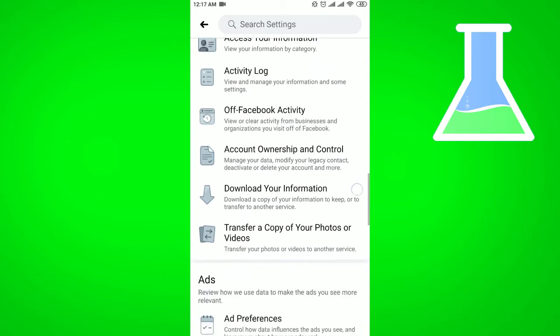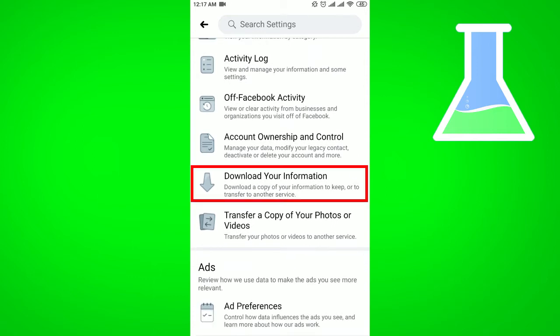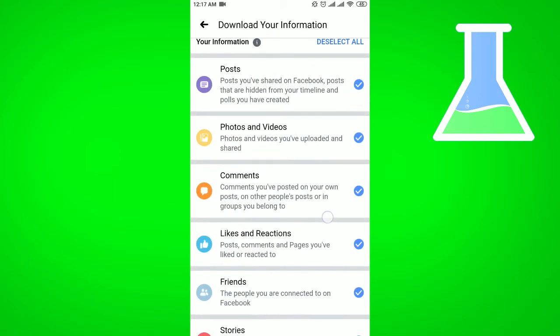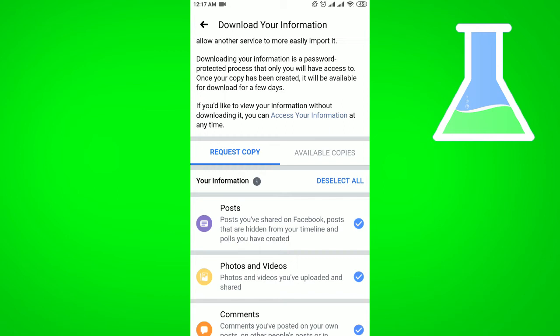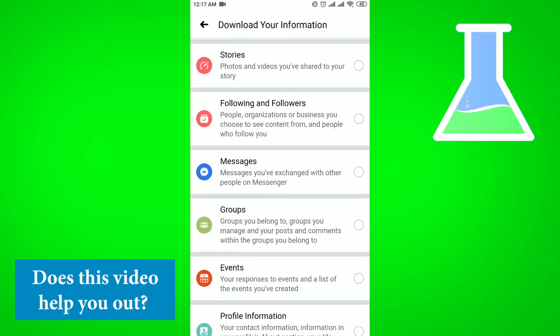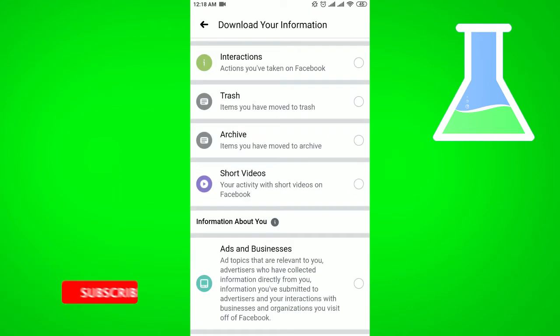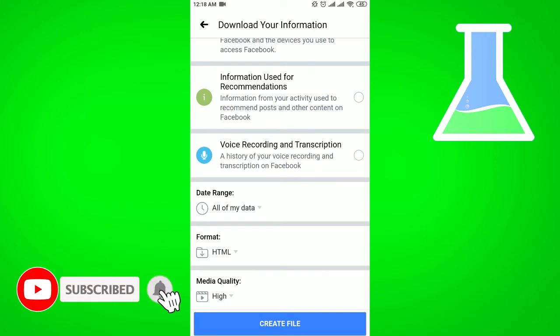You have to scroll down, then you will get the option of download your information. You have to click on it. From here this interface will come. After that you have to deselect all. Okay, then you have to scroll down, then you have to only select the messages option, then you have to